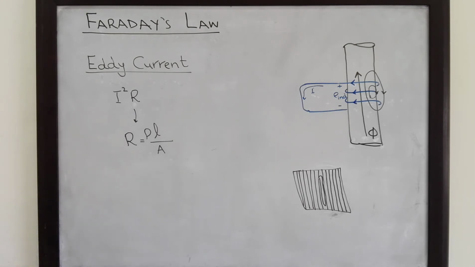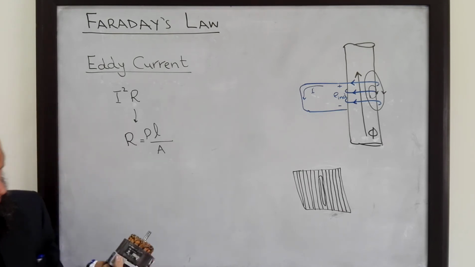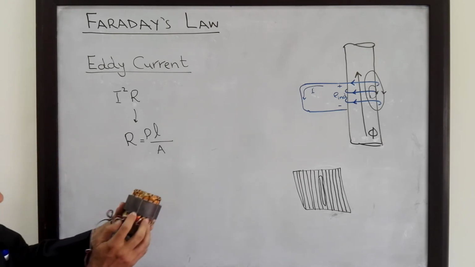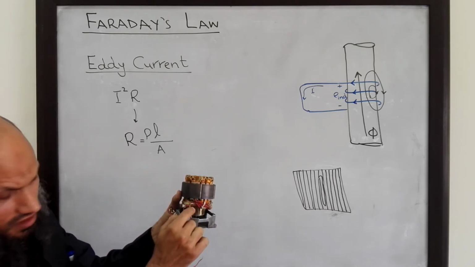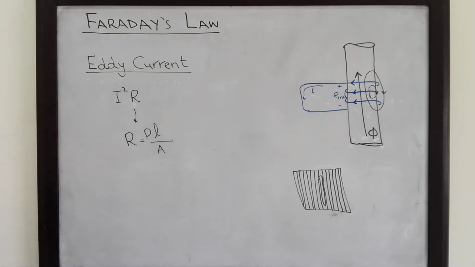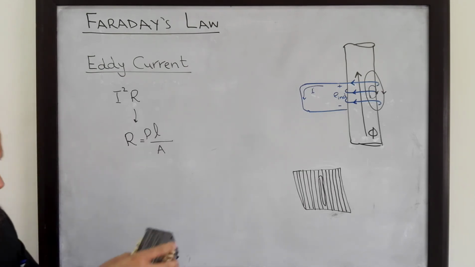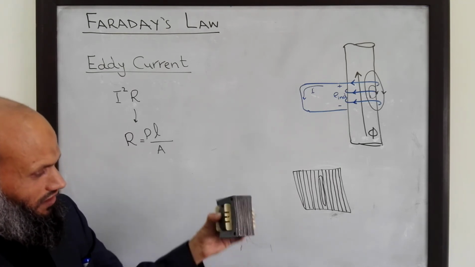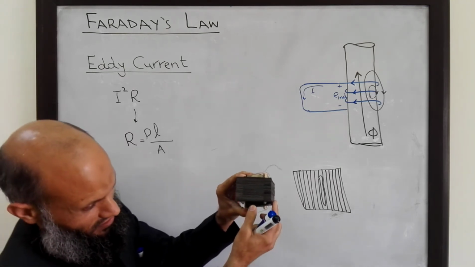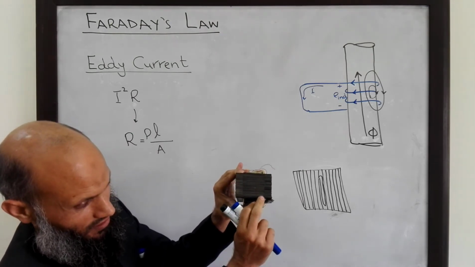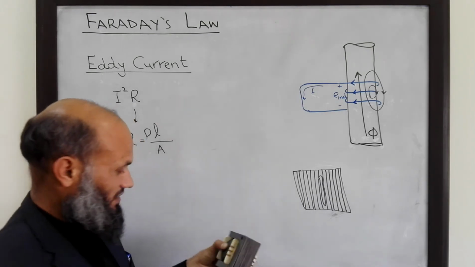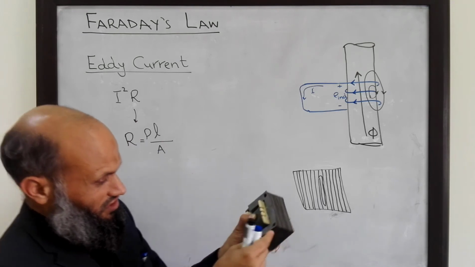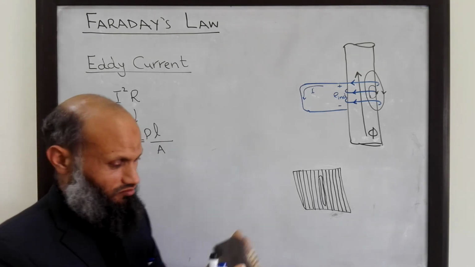So therefore all electrical machines are laminated. Here I have an induction motor, and you can see the core of this induction motor is laminated. Maybe these laminations are not quite visible over here. I have a small transformer, a small electronic transformer for electronic circuits. You can see that the core is made up of small thin strips, and these strips are to minimize the eddy current losses. Each strip is electrically isolated from the other strip,